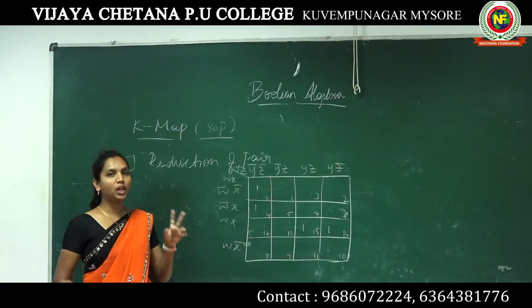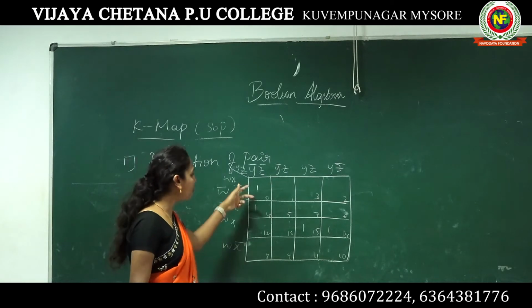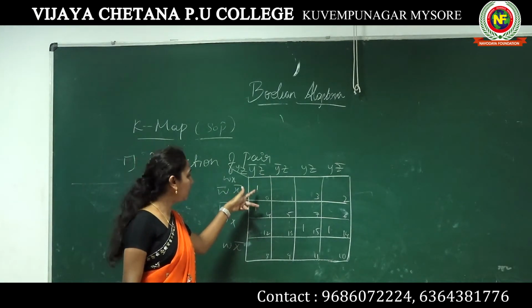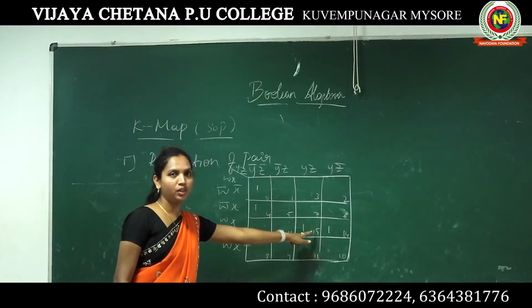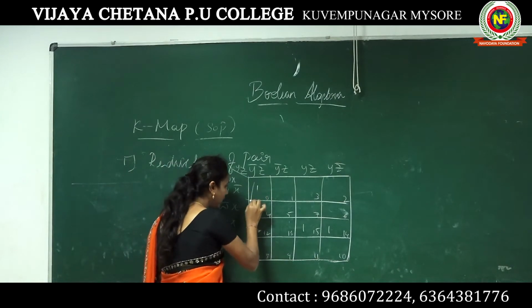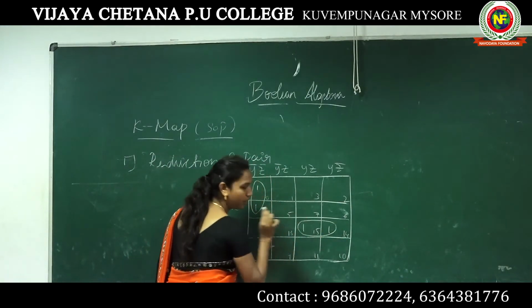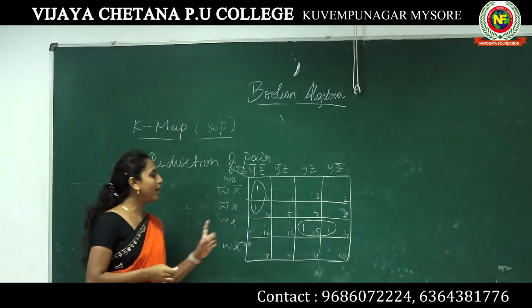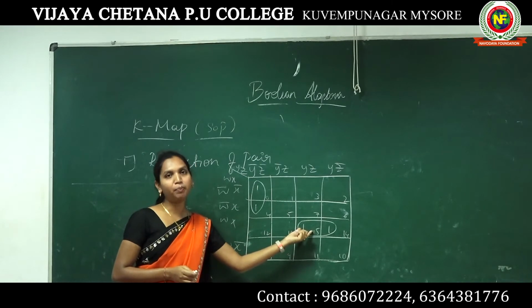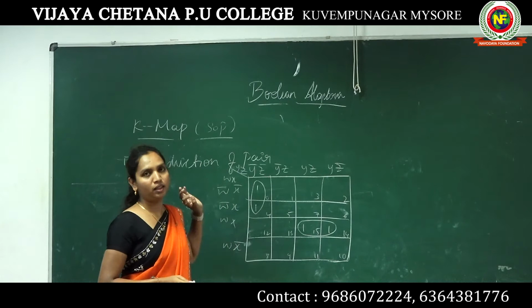As soon as you see this, you will know there are two pairs. How do you know there is a pair? Because pairs are two adjacent ones. Right? Here is one, and here is one. So we have two pairs here. Okay, so I am just encircling that. I am just encircling the pair. If you encircle, you are showing that here we have the pair. That's why you should encircle the ones.